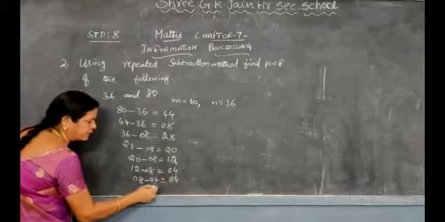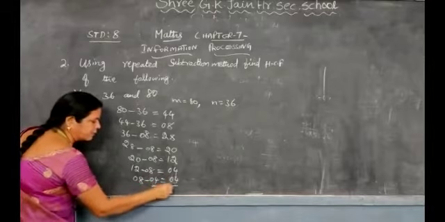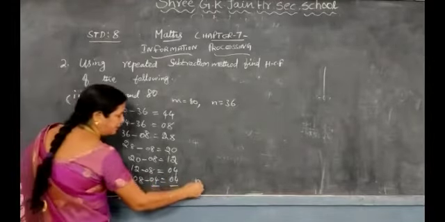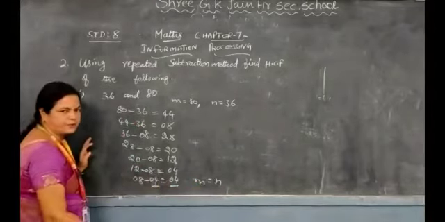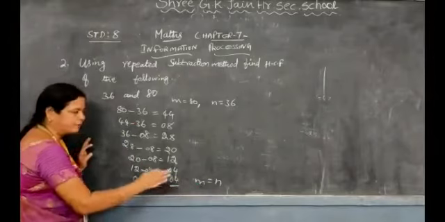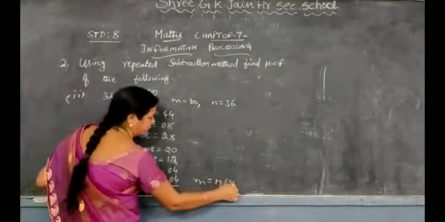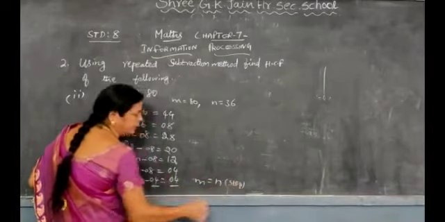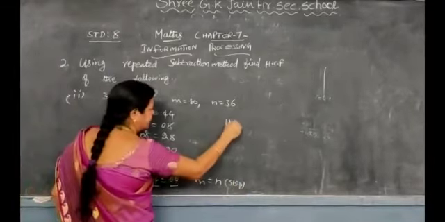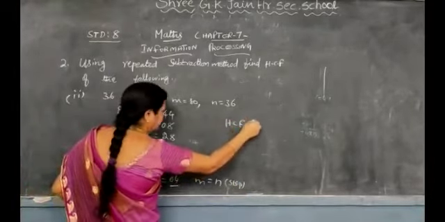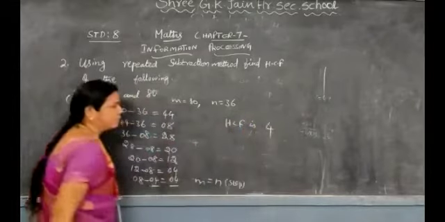4. And now here see, this one and this one are equal. So m equal to n. If you are minusing 4 minus 4, 0 only you will get. So m equal to n, and here you have to stop. So what is your HCF here? Nothing but HCF is 4. So this is your answer.